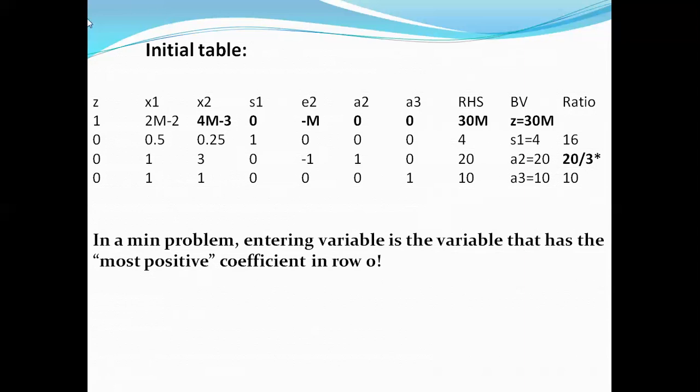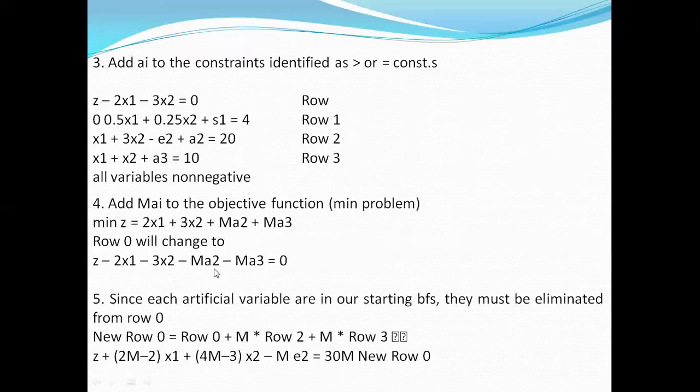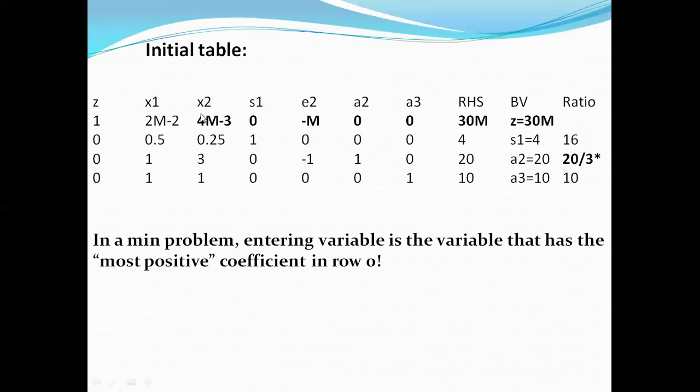So in the first case, we are observing 0.5, and the next one is 1 and 1. Simultaneously, in the case of x2, it is the composition of vitamin C. So vitamin C here is 4m minus 3. Substituting that, taking that initial table or column, 0.25 is the basic composition that we have seen in our obtained equation.